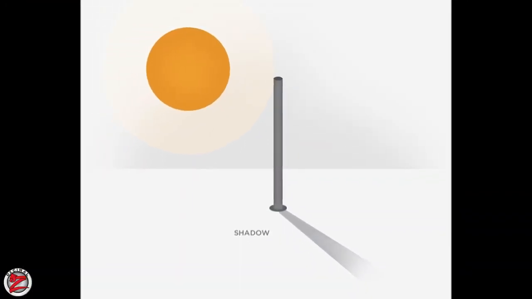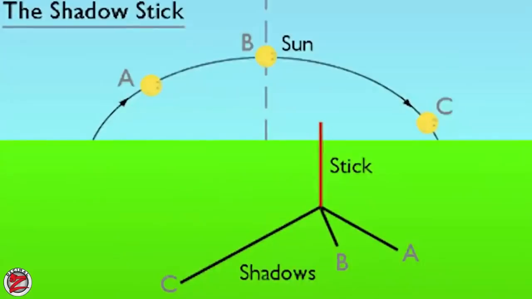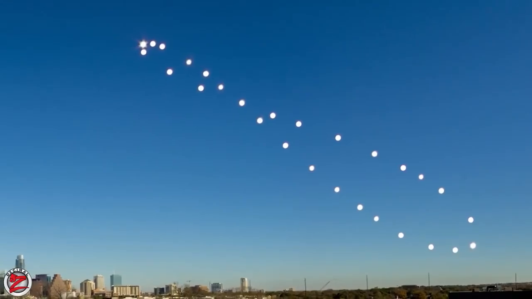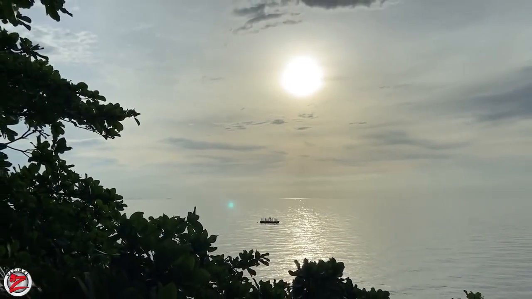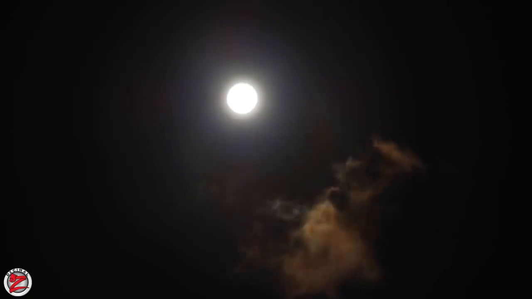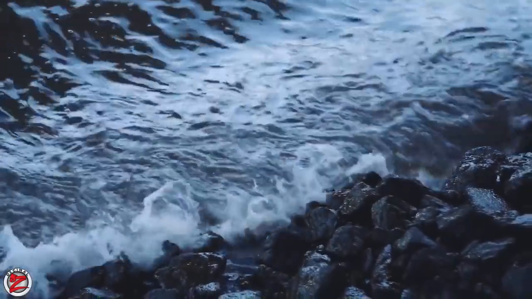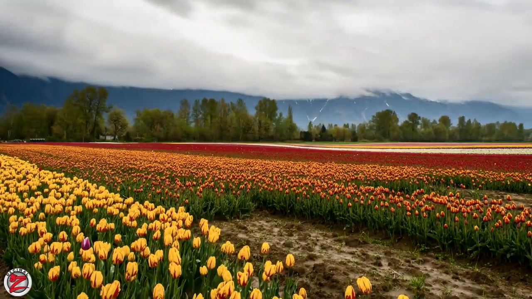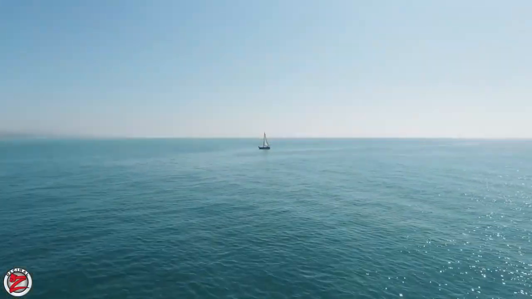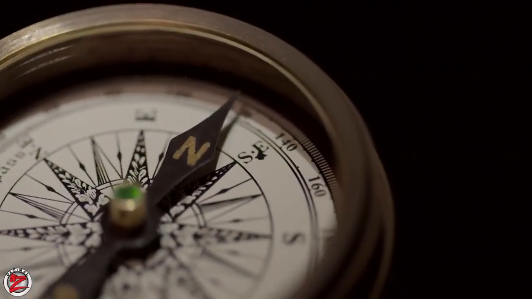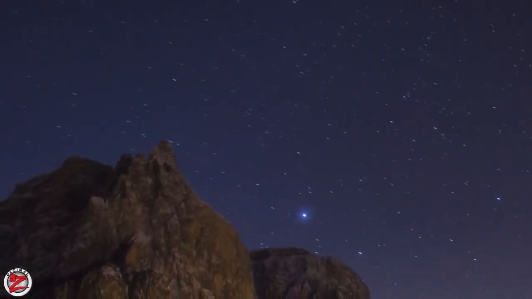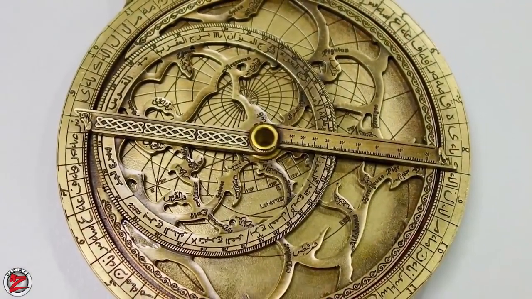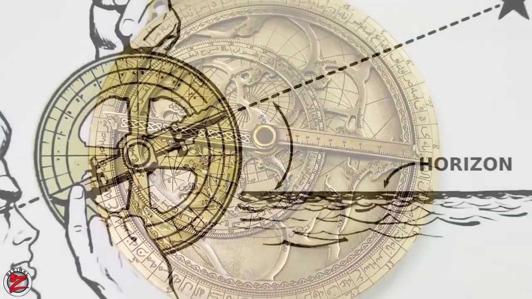You start by putting a stick perpendicular to the ground. You observe and realize that the shadow draws different semicircles throughout the year. Then you see that the sun moves further away and comes back later. The weather changes as the sun and moon move. Then you start thinking about seasons. Then you realize that you need something to navigate, so you create the compass. Then you realize that all the other lights in the sky are connected. Then you create the astrolabe to measure the angles of each of the lights in the sky at the same time.